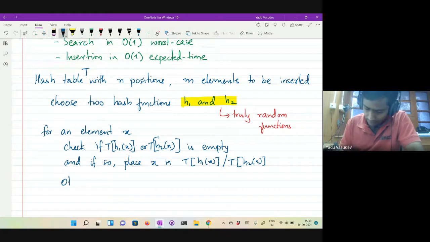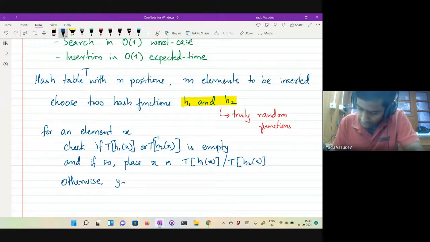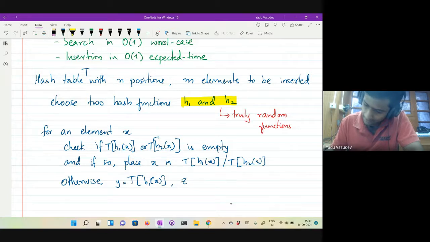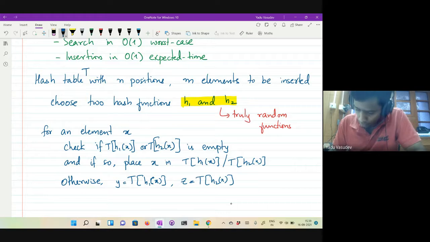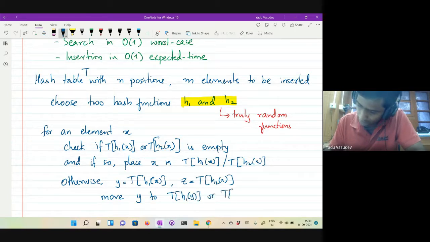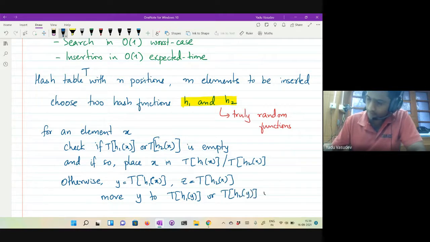Otherwise, which means that both are occupied: there is a y sitting in T of h1 of x, and there is, say, a z in T of h2 of x. Now you choose one of these elements, and you move y to T of h1 of y or T of h2 of y, whichever is empty.